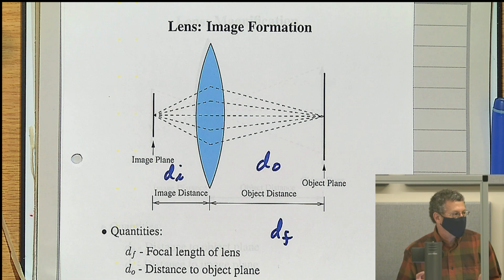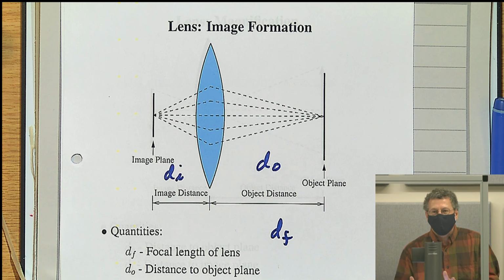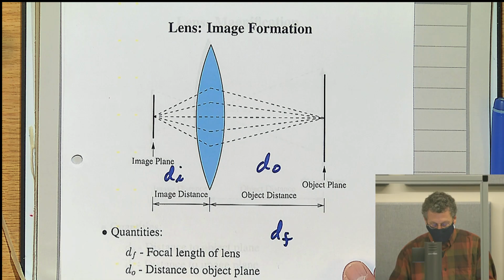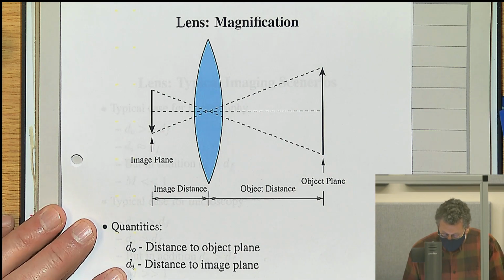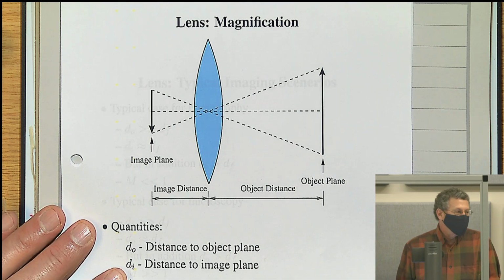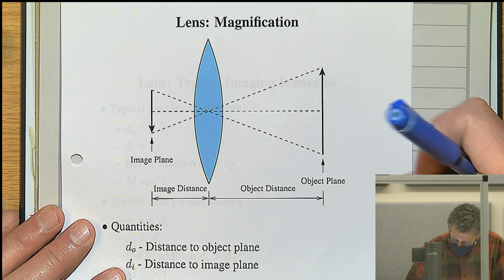So if it's a 50 millimeter lens, then the lens needs to be just a little further than 50 millimeters from the imaging plane in order to keep the object in focus. So you also have this idea of magnification, which is very important. So what happens is that the object is,